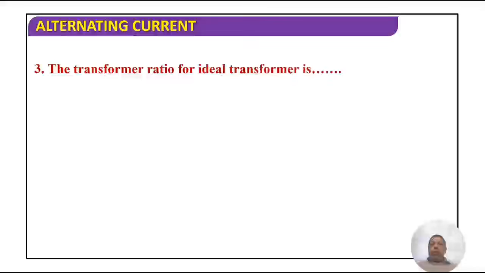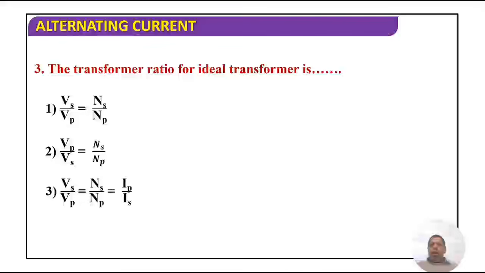The transformer ratio for an ideal transformer is Vs upon Vp is equal to Ns upon Np, Vp upon Vs is equal to Ns upon Np, and Vs upon Vp is equal to Ns upon Np is equal to Ip upon Is, or Vs upon Vp is equal to Ns upon Np is equal to Is upon Ip. The correct answer is Es upon Ep is equal to Ns upon Np is equal to Ip upon Is, as